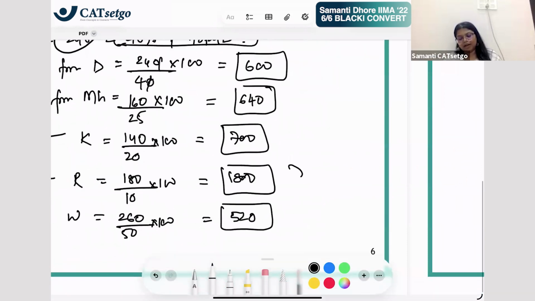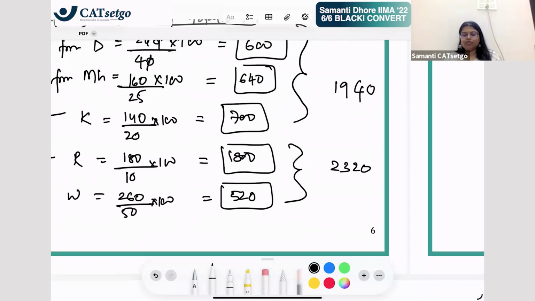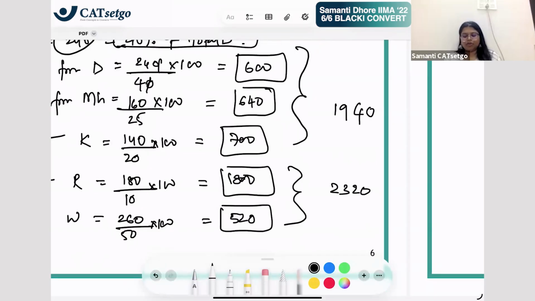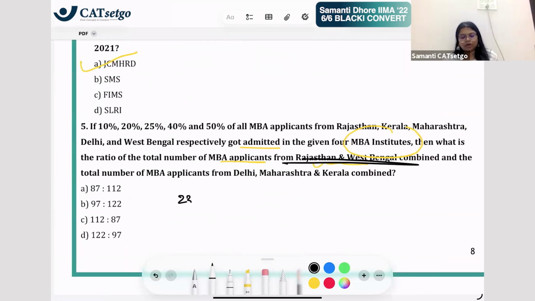So Rajasthan and West Bengal combined, how many do we have? We have 2, 3, 2, 0. And how many are there in the other three? 0, 4, 12, 7, 19, 1, 9, 4, 0. This is the total there, and this is the total here, and we want the ratio 2, 3, 2, 0. So finding the ratio, we have to find Rajasthan plus West Bengal, 2, 3, 2, 0, divided by all of these three combined, which is 1940. If we divide by 2, 2 9s are 18, sorry, 2 9s are 18 and then 14, 2 7s are, so this should be the answer. Then 97 is there in one place, right? And then what do we have? 2 1s are 2, 12, 2 6s are 12.